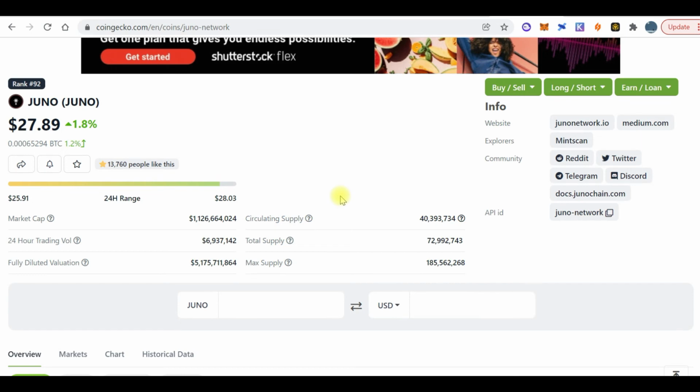Now Juno is making it possible for people to write their application in any language and have it run on the blockchain without having to recode their apps.